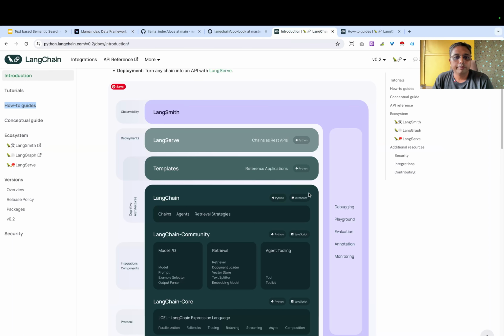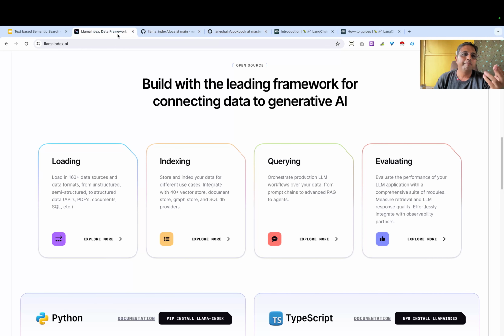In the same way, from here you get an idea of what type of problem langchain is going to solve. So you can mix and match and combine both of them for your solution, depending upon how you have to get back content or responses to your users or customers. This is my understanding around langchain and Llama Index.